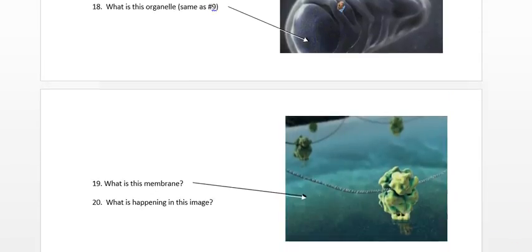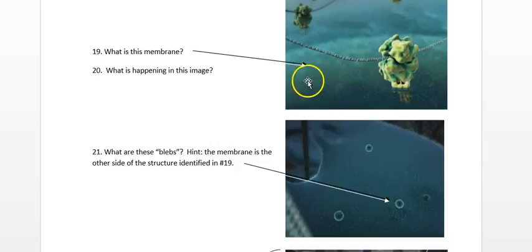I'm gonna let you answer, I promise. But then here's another variant on that theme. So here again, we've got similar structure, ribosome, messenger RNA. What's this membrane? Endoplasmic reticulum. So what's happening in this image then? Protein is being transferred to the endoplasmic reticulum. Yeah, so here you've got a ribosome that's directly injecting its protein into the endoplasmic